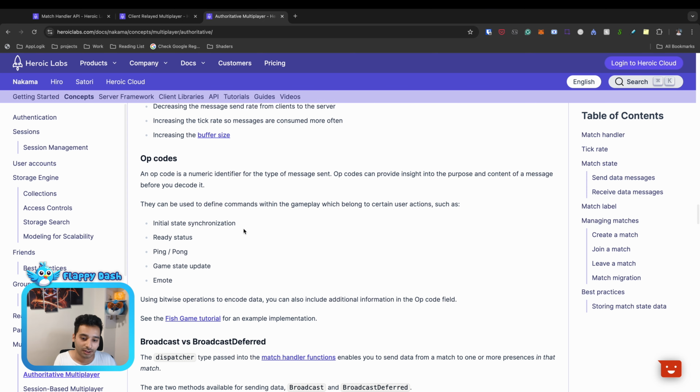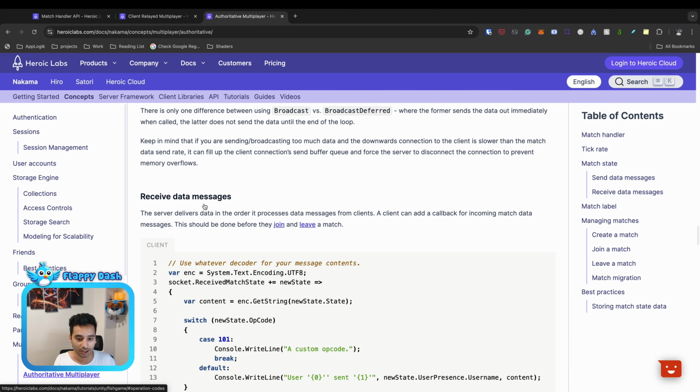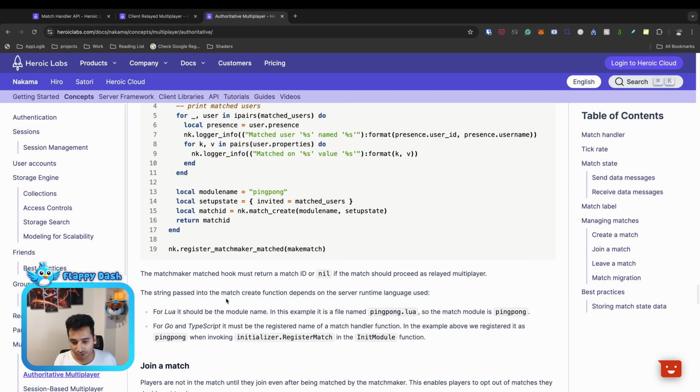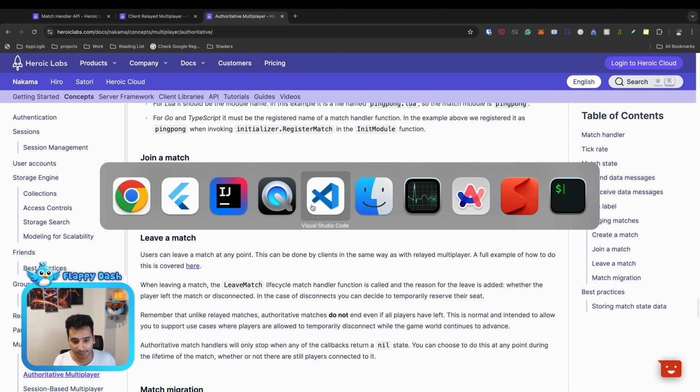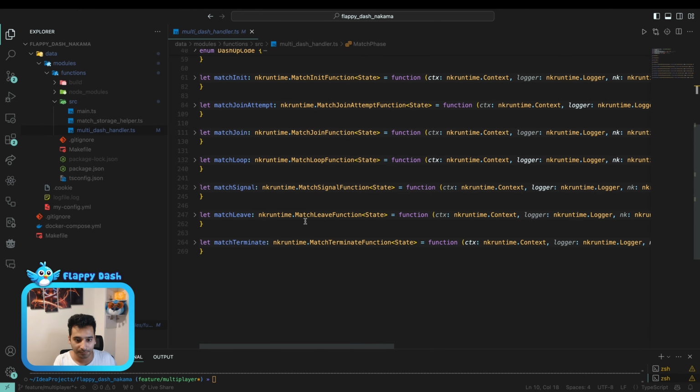And also we have some op codes. It is the operation code. It's an integer value that is agreed upon between the backend and the clients to send the events back and forth. For example, code 201 could be for when you want to jump, and this is the ID, or the code, for your operation or your event. So I'm going to show you the code that I implemented for the game.